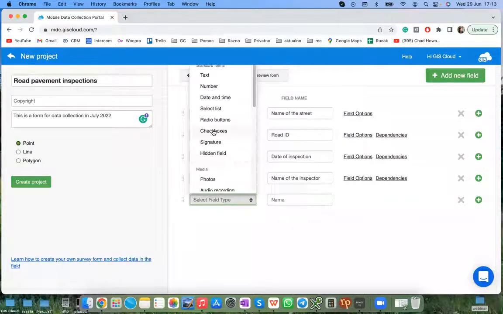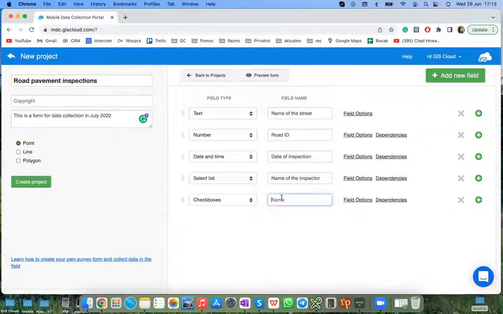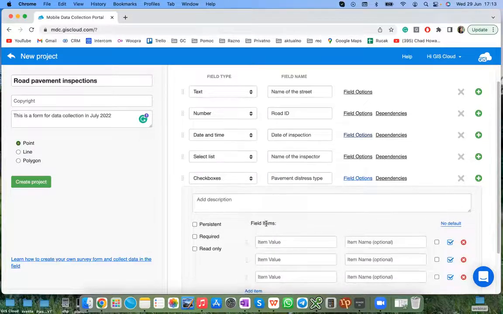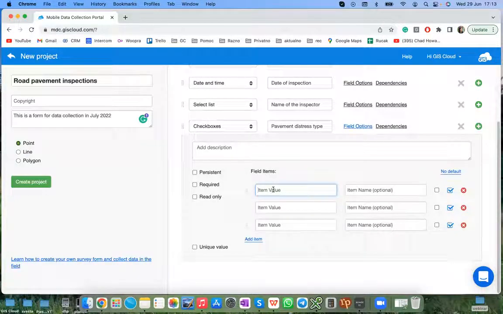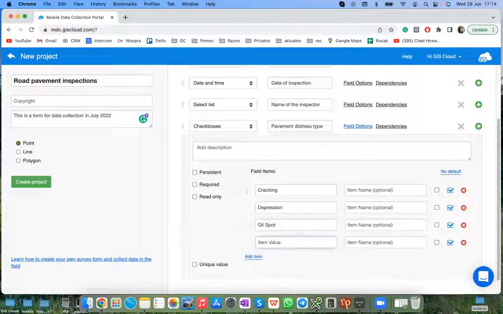And another field will be checkboxes. So what's the difference between checkboxes and select list? So in the select list, you can select only one value, while in checkboxes, you can select multiple values. And let's use checkboxes for pavement distress types. We will set those distress types to be cracking, depression, oil spot, we can also add small bump